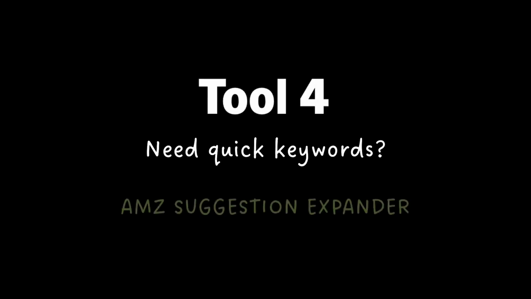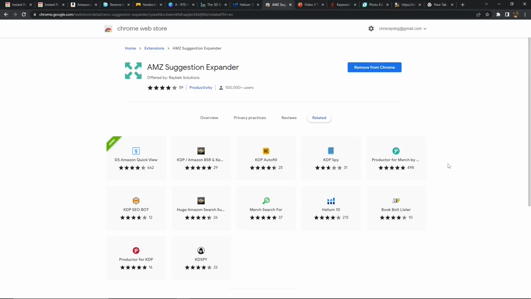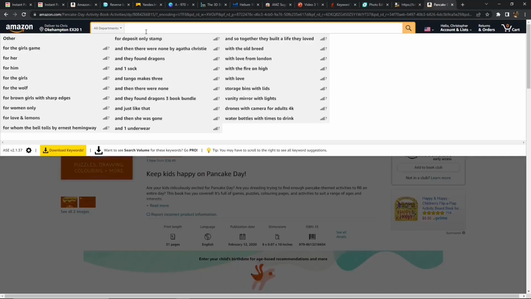Okay, so that moves us on to tool number four, which is for those of us who need quick keywords, and that is going to be AMZ Suggestion Expander. So all you need to do is Google AMZ Suggestion Expander. If you can't do this, then the internet isn't for you. Very simple to do. Add it to Chrome, and what it's going to do for you is give you